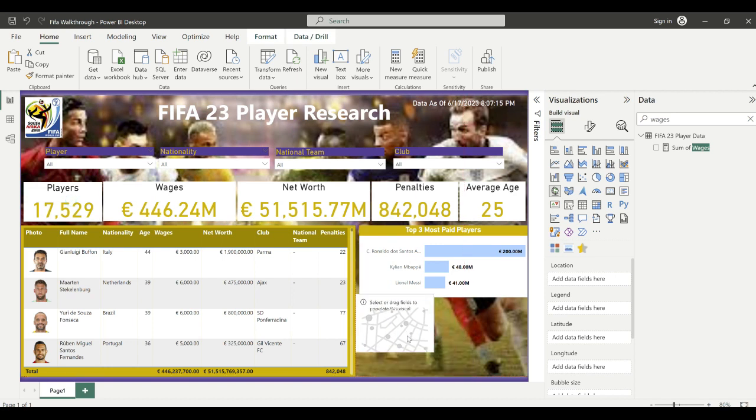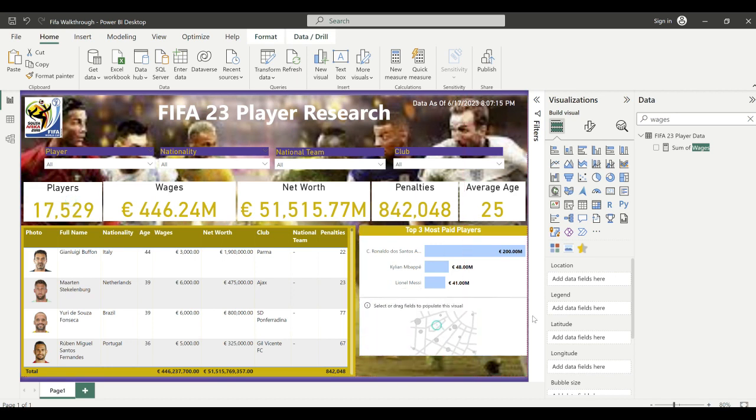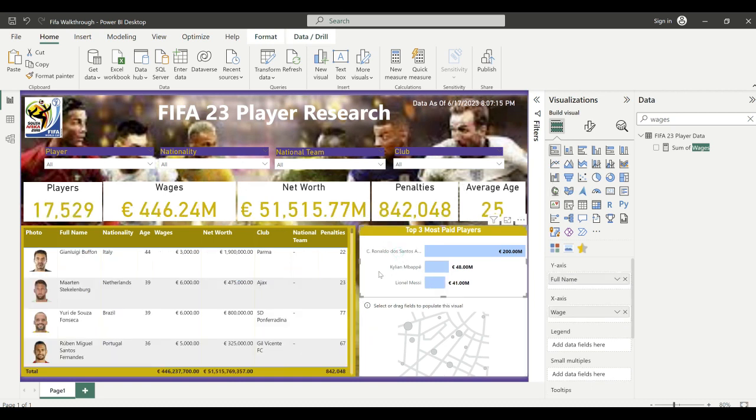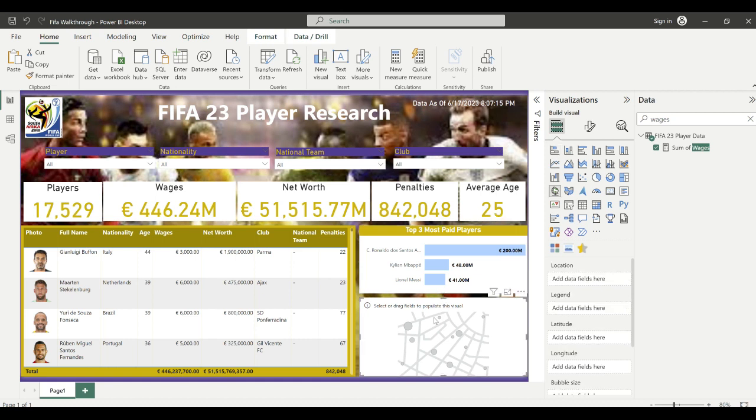Going to bring it here. Going to resize it to make it bigger. Okay, I'm probably going to reduce this here so that we can have the map to be bigger. Okay, so for the map, we're going to be adding the nationality because we can tell the country